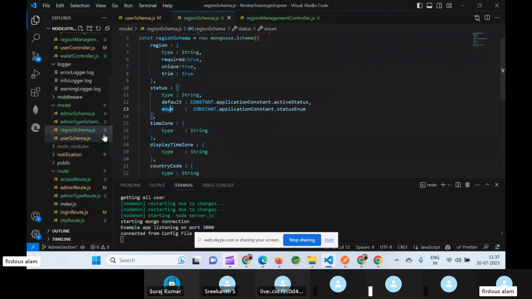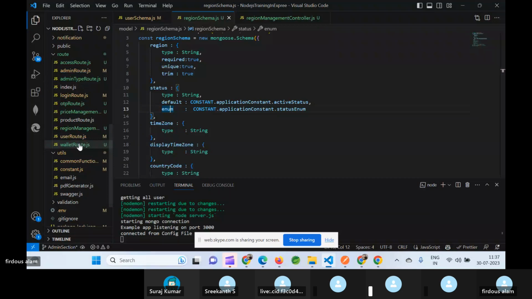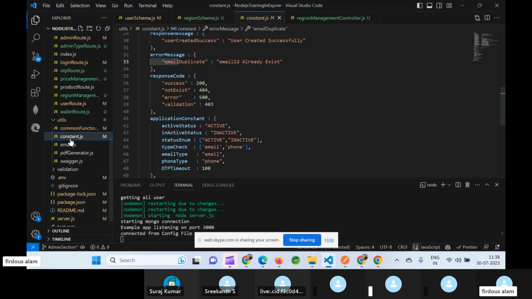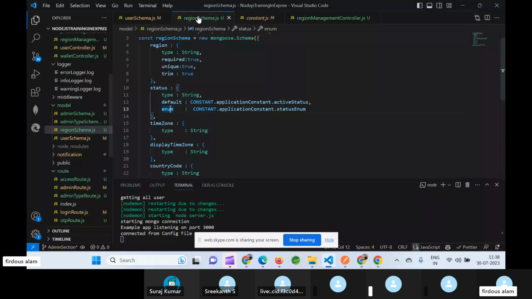So if you go to constant and see this status enum, what I have used is active and inactive in capital letters. So only these two values can be inserted in this status field. Other than these two values, it will not insert any other value. Okay, other than these two. So when I hit it,